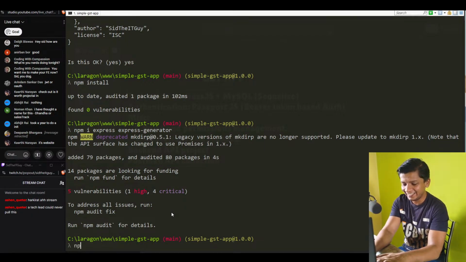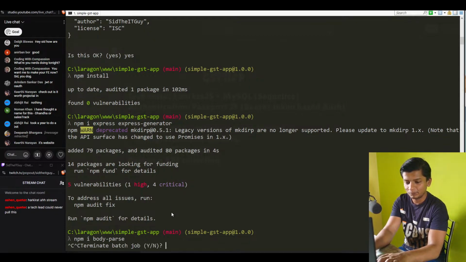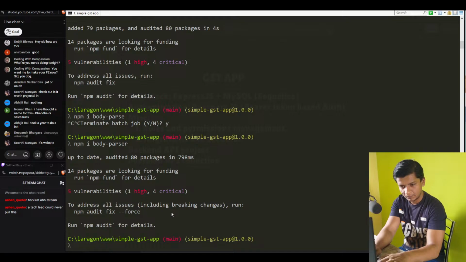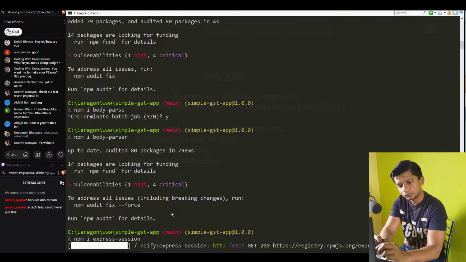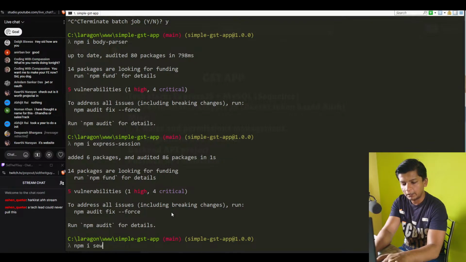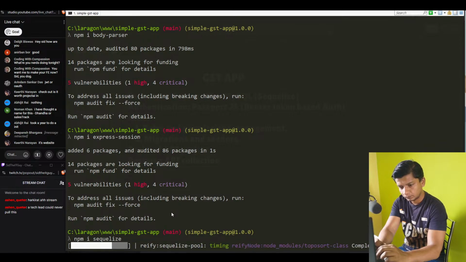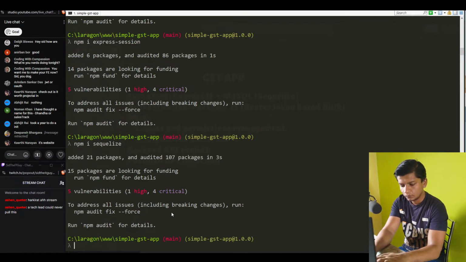Express generator done. npm i body-parser. Okay. npm i express-session. npm i sequelize. Session. Okay. npm